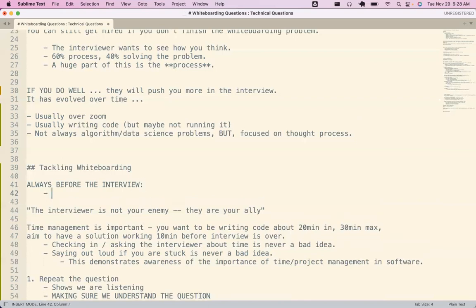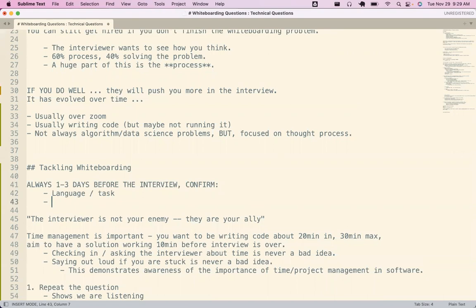Before every interview, like 1 to 3 days before, I will confirm the language that the interview is going to be in, the nature of the task, sometimes they tell you, sometimes they don't, and the name and the role of who's interviewing me.